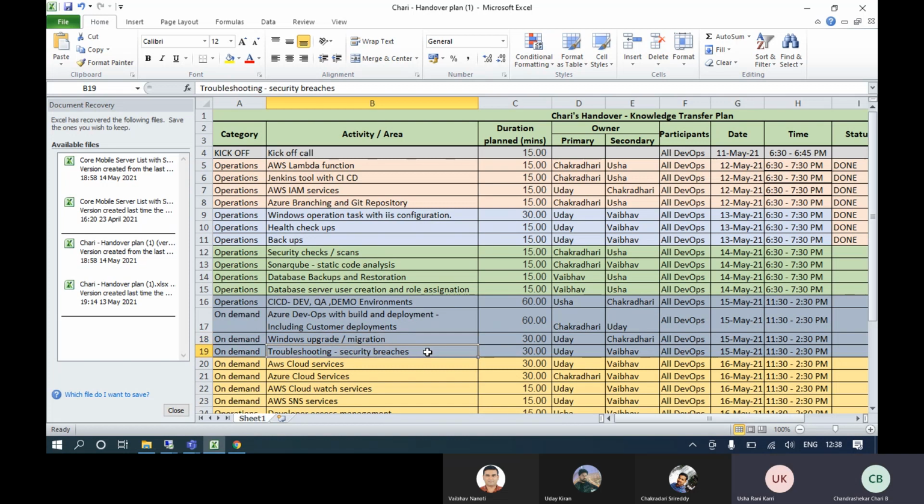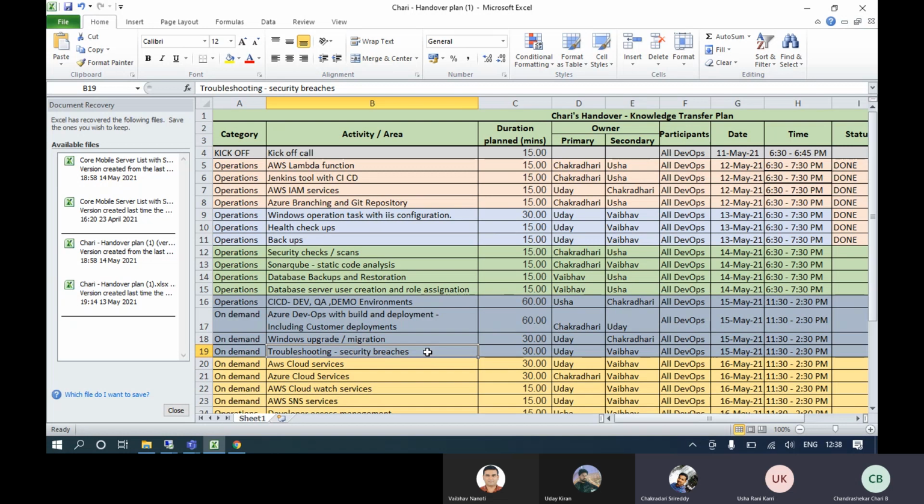Chari, you covered only the DB, but for the normal servers also we were going to do the migration, right? Definitely, we have to do the migration later, but I will let you know. I know how to do migration from AWS to Azure. The moment they start it, I will let you know.